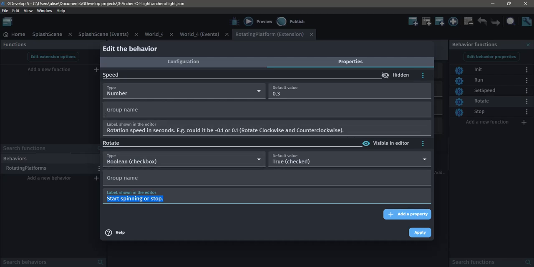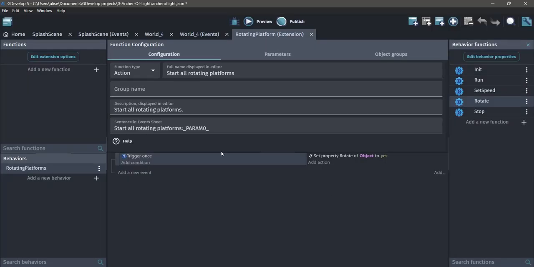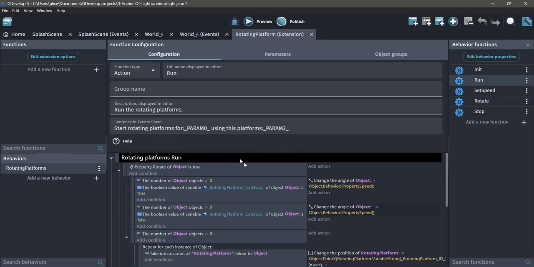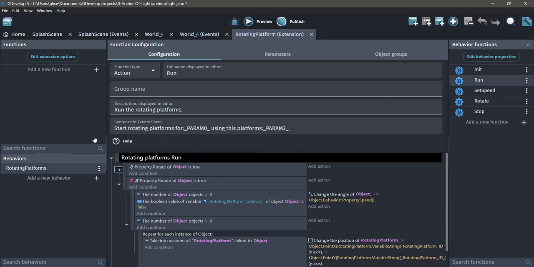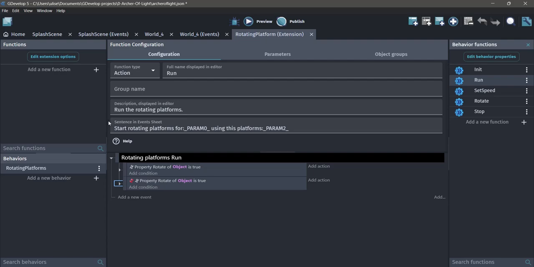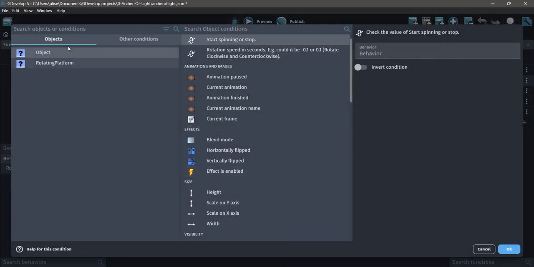With this, we can check if it's true or false, and act accordingly here with this property. If the rotate is true or the property rotate is not true. As you can see, you can't put here